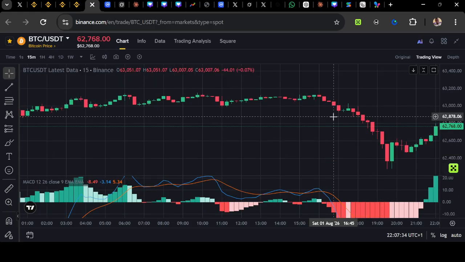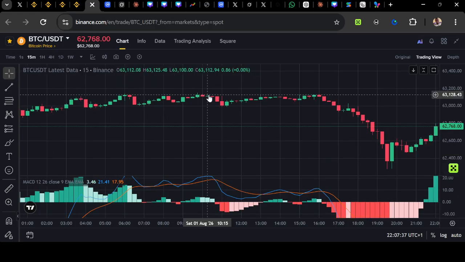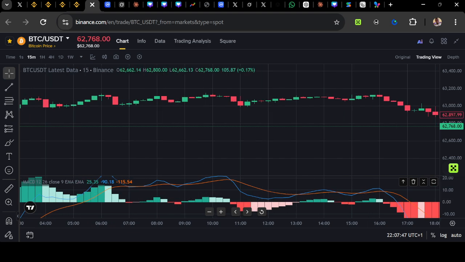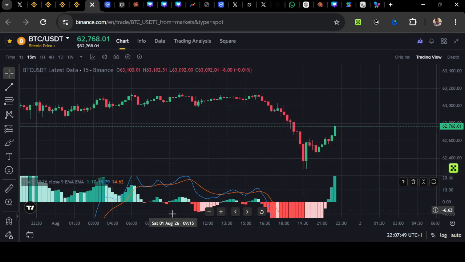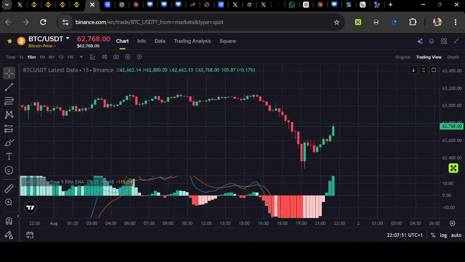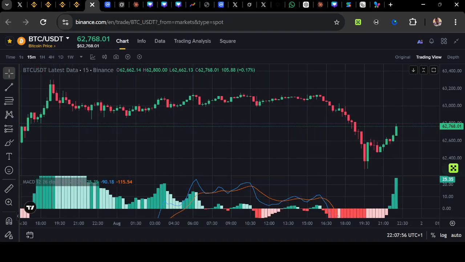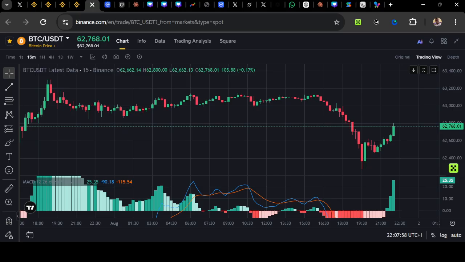Okay, now MACD stands for moving average convergence divergence. MACD is made up of three major lines. Now when you look at the chart below, there's a little chart here below. As you can see here, we have just a very little chart. So now if you monitor the chart, you discover that it's made up of three lines. We have the one we call the signal line, we have the one we call the MACD line, and then we have the one we call